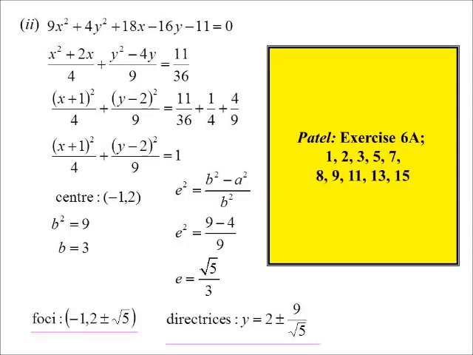Time to have a play. Now, in one of the exercises, they ask you to